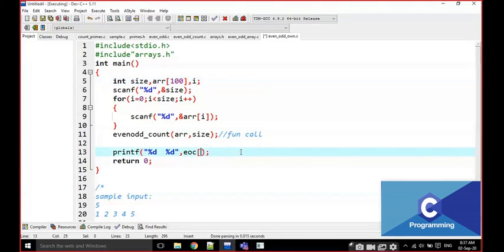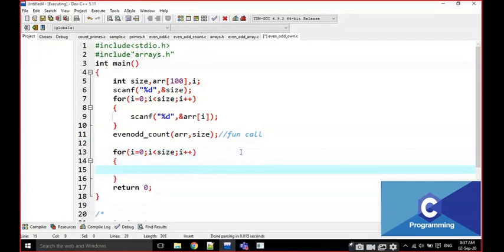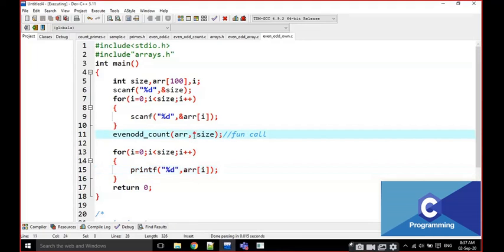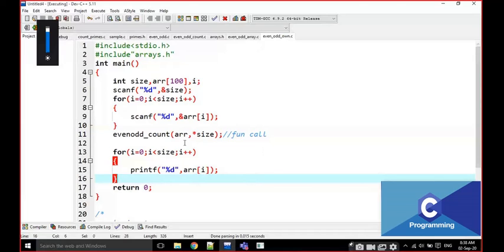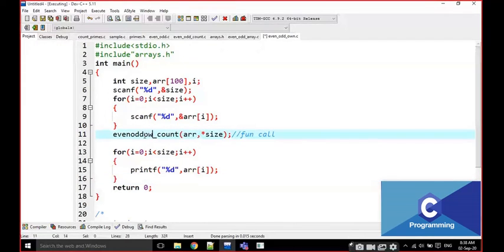Just if you look like this, I'm going to delete this one. For example, i is equal to 0, i less than size, and i plus plus, it is going to be printf("%d", arr[i]). It is going to be like this. If you look like this, I'm going to write some